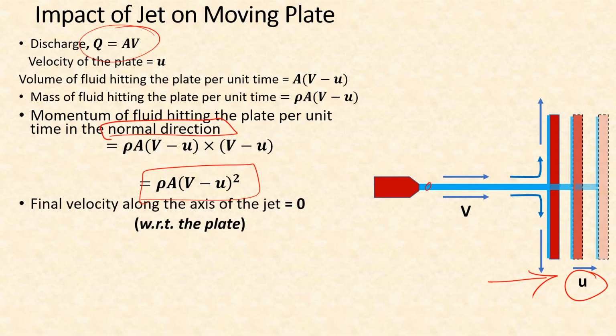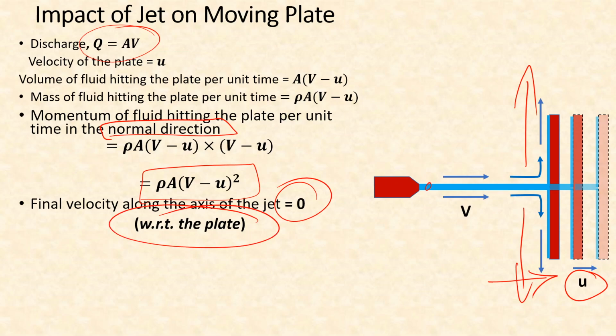After hitting the plate, the water will be deflected in the perpendicular direction, that is by 90 degrees, and therefore the velocity of water after hitting the plate will be written as 0, and this 0 is with respect to the plate. Why do we have to mention with respect to the plate? That's because if we consider the plate as the reference, that means suppose we are moving along with the plate, that is we the observers are moving along with the plate at the same velocity u, in that case we'll see that the water which is